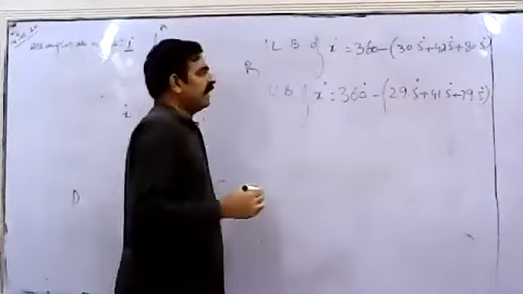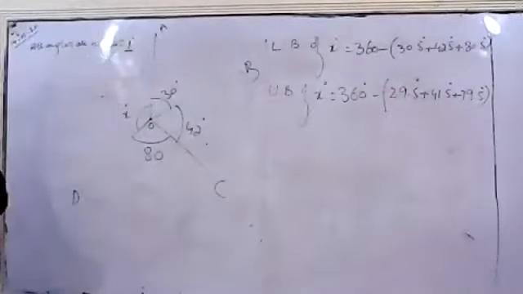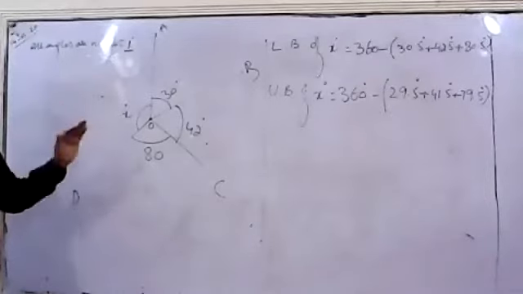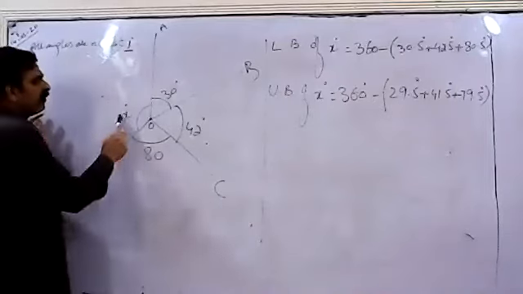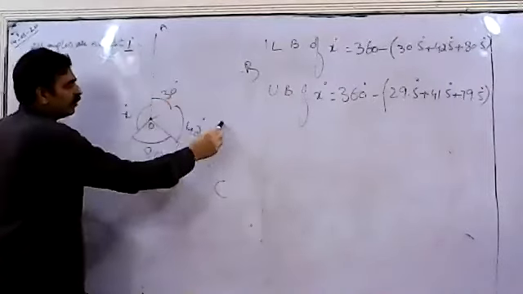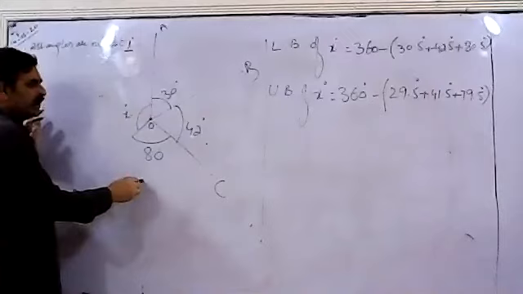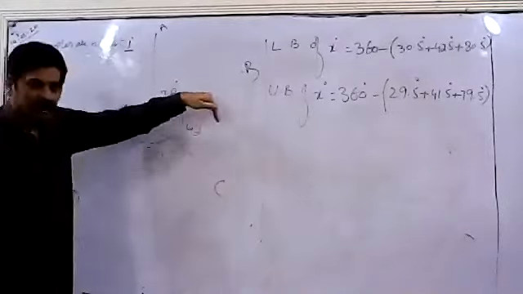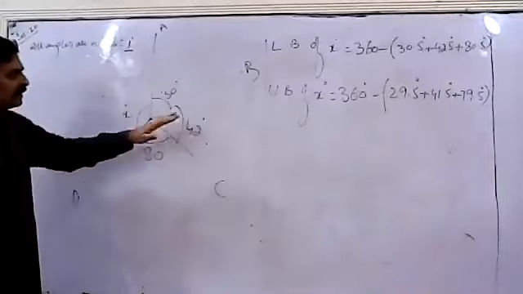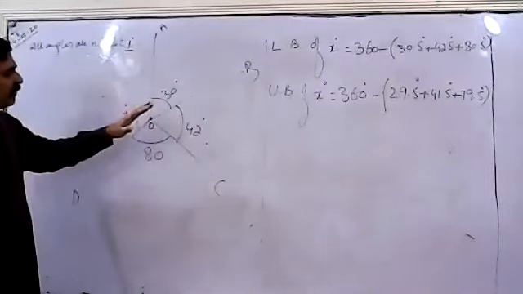Now you can add or subtract the values. You will find the upper bound for this angle. Students, keep it in mind. In this case, if we want to find the upper bound or lower bound, that is the remaining x degrees. If we want to find the upper bound, write down the lower bound of all these three angles. If the lower bound is required, write the upper bound for all these values and add all these three values.